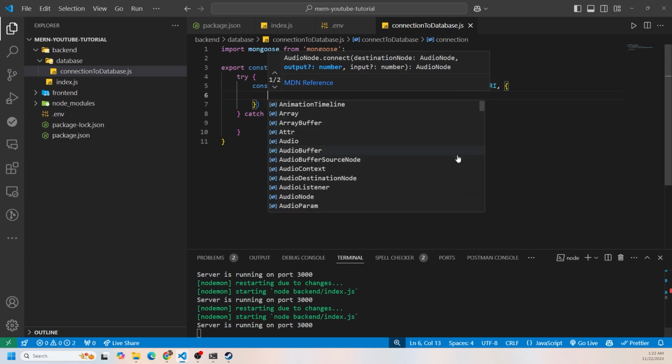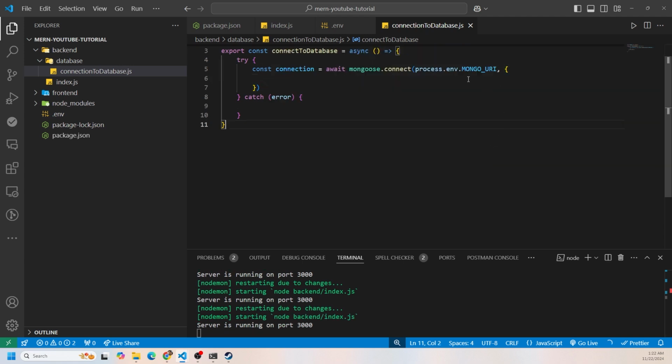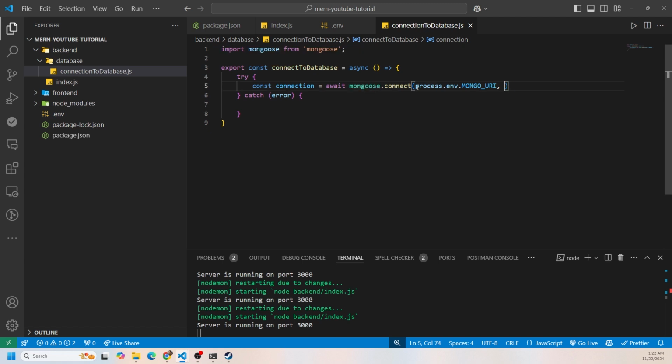So if we press control like this, we can see the different options. That's actually not working right now, so we're not going to have a second option in here. But I know there are second options, and you can look at the docs of Mongoose to see what else you could pass into the connect. But all we're going to do here is a console.log if successful. And we're going to say MongoDB connected to